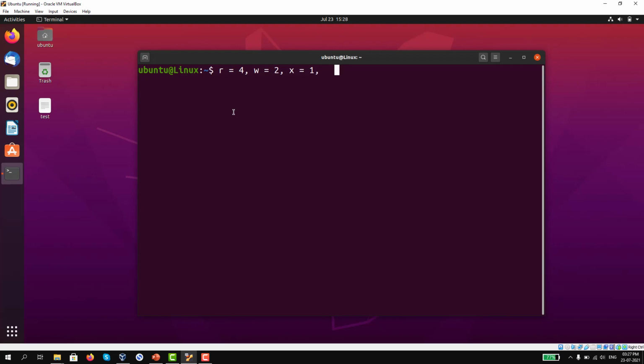In a numerical way, we will supply permissions for 3 categories: user, group, and others. For suppose for user, I want to add read write permission, means read write means 4 plus 2, 6. And for group, I only want to add read permission, means 4. And for others also, I want to add read permission, means 4. While configuring permissions in a numerical way, we need to use this combined form to represent the permissions. Let me show you.